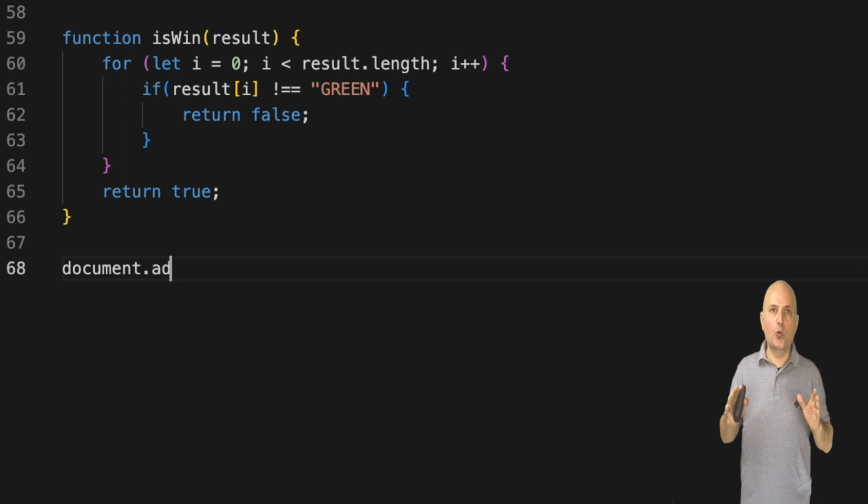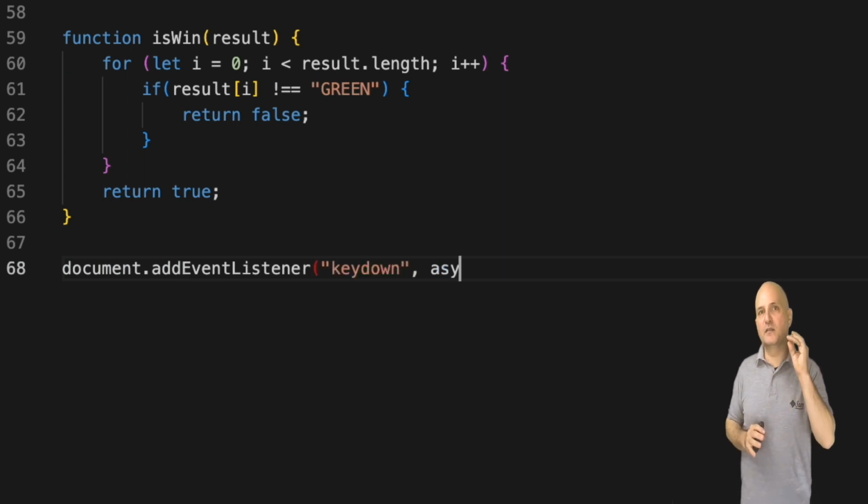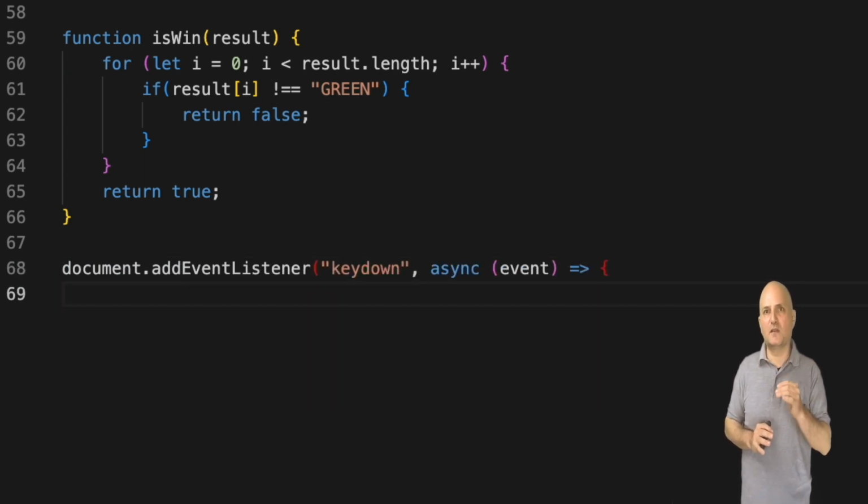One of the cool things in Wordle is that it doesn't have a text input field. We type a letter and it appears where we expect it to be. We can accomplish that by listening to key events which we receive asynchronously. There are several interesting things here. First, this is a global call. That means this will happen right as the line is reached when the page loads.